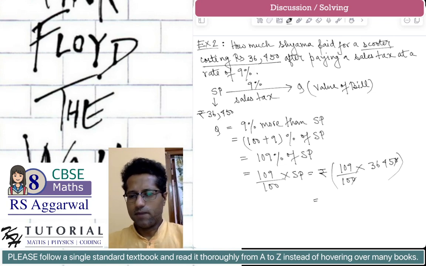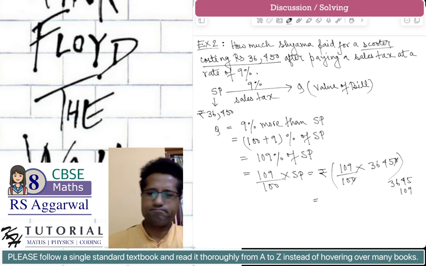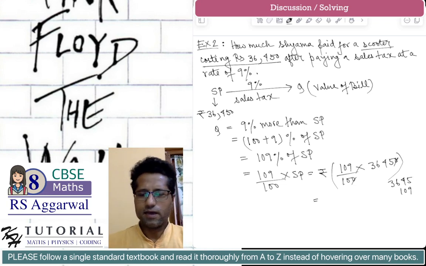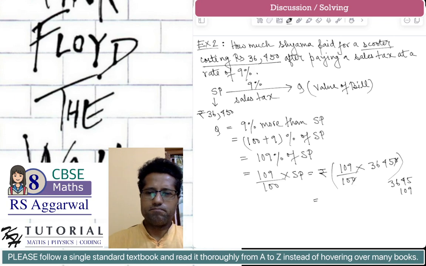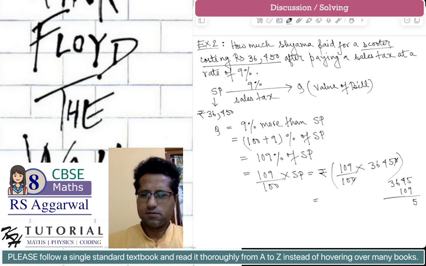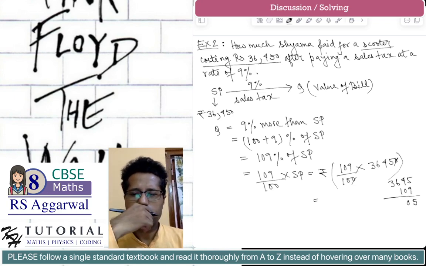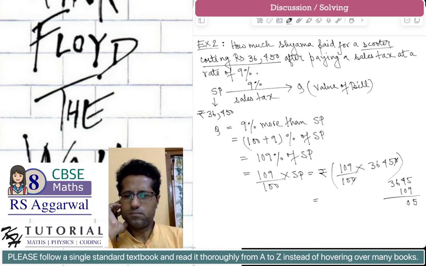We have to multiply 3645 with 109. It's a pretty lengthy calculation. Okay, so 45, 40, and